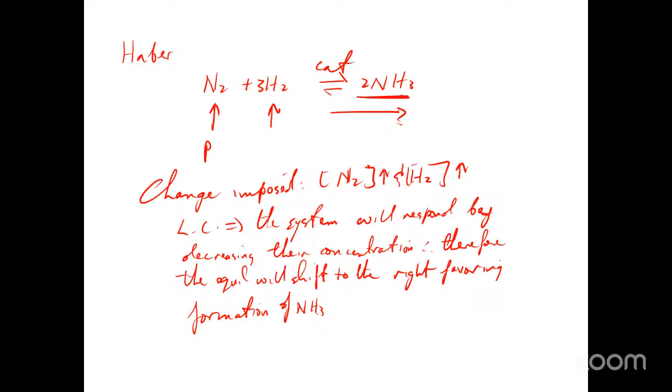Exactly. You remove the ammonia, you decrease the concentration of ammonia, and then the system will respond by producing more ammonia, right? And therefore will shift to the right. So that's another thing that you'd have to do when it comes to facilitating the manufacture of ammonia using this method, all right? So I'm mentioning all this because these are the considerations that scientists and engineers have to take into consideration when it comes to manufacturing compounds, right?